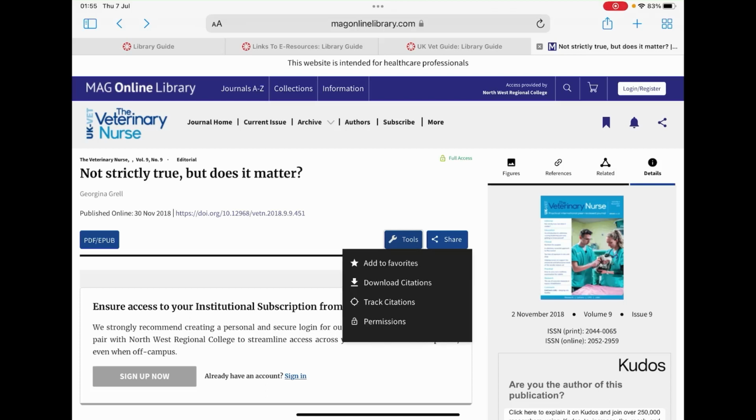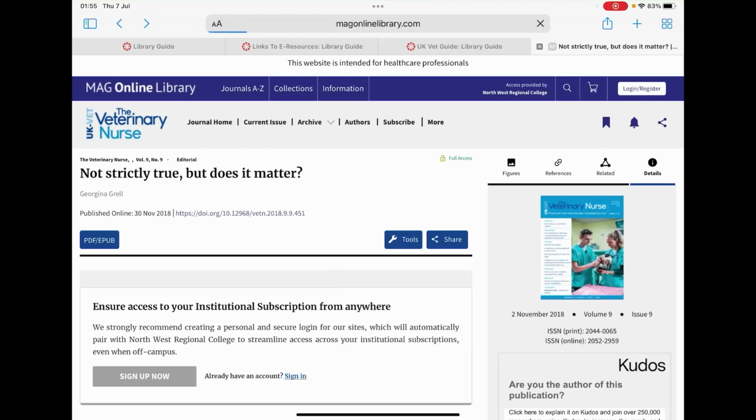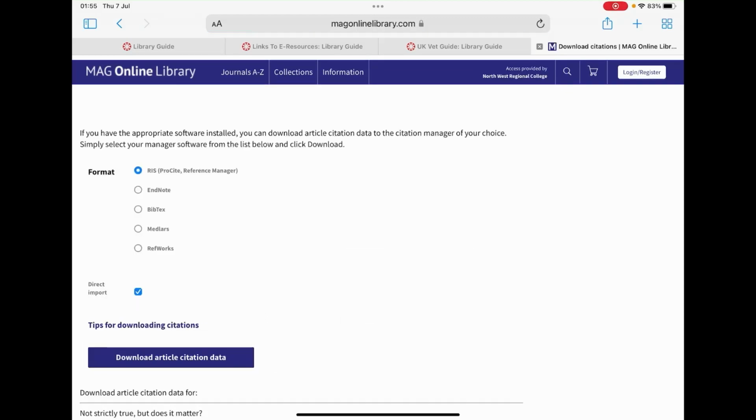If you just click on that, a drop-down menu will appear in the middle of the screen, giving you a few options. Just click on the Download Citations option. If you scroll down the page, just underneath the Download Article Citation Data button, you will find the only way you can cite or reference this article